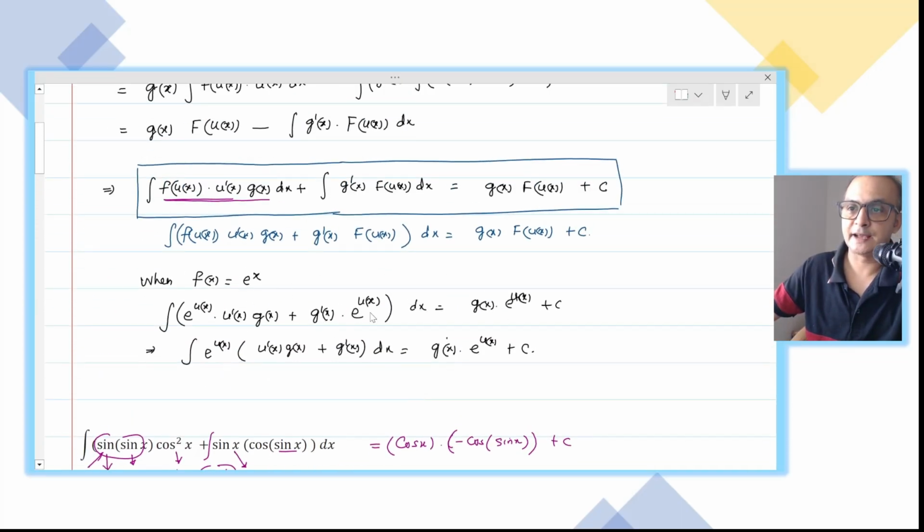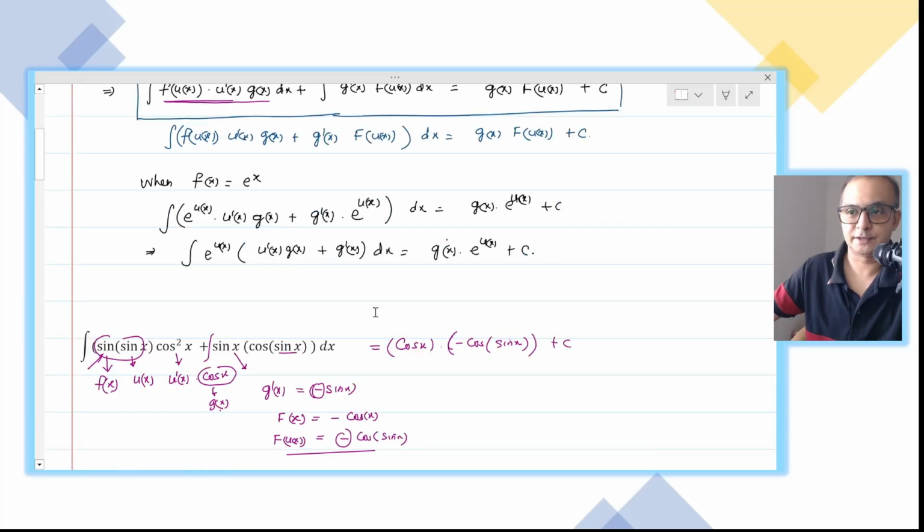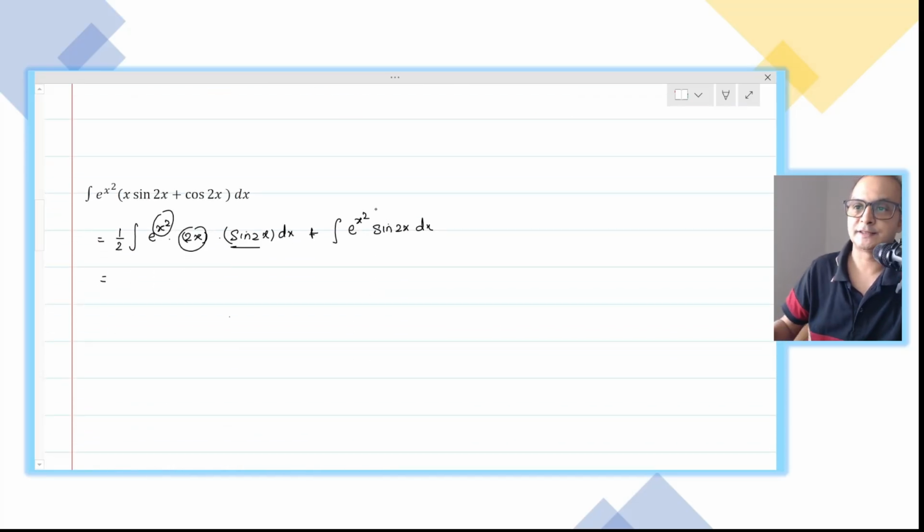I need g'(x) into e to the power u(x). So e to the power u(x) is the same e to the power u(x). Now I have to only find the g'(x). So what is the g'(x)? If I have g(x) as sine 2x, so I have g'(x) is 2 cosine 2x,